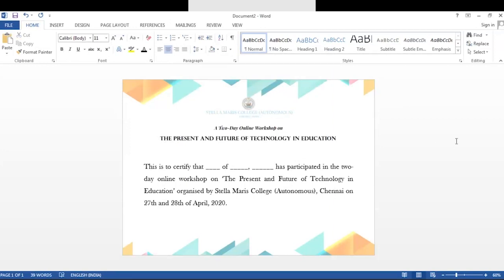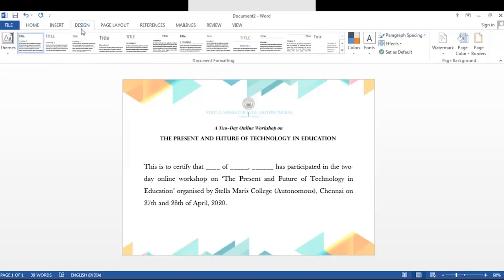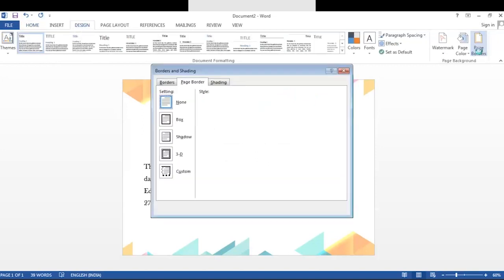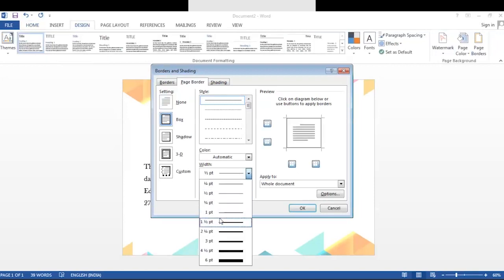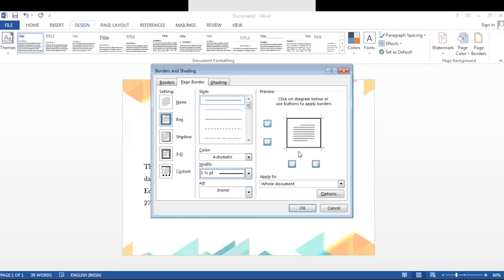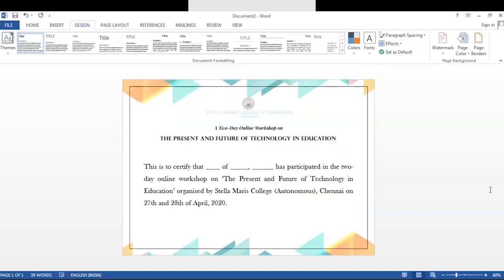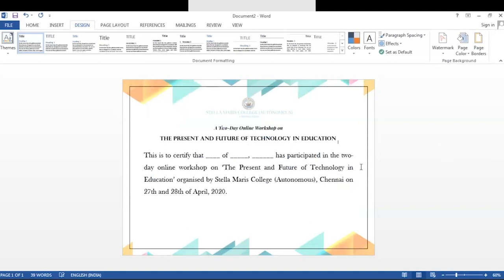And also I want to have a border because it doesn't look so good. So to insert a border, I again go to the design tab. I go to page borders. There you can find something called box. Okay, so you can click on that. You can increase the box width, the line of the box. You can change the width and give OK. Yeah, now you have a border also. It looks like a typical certificate, right? Okay. Now,